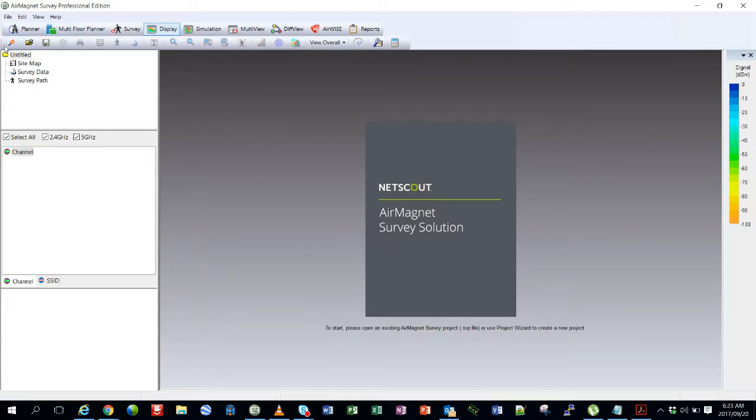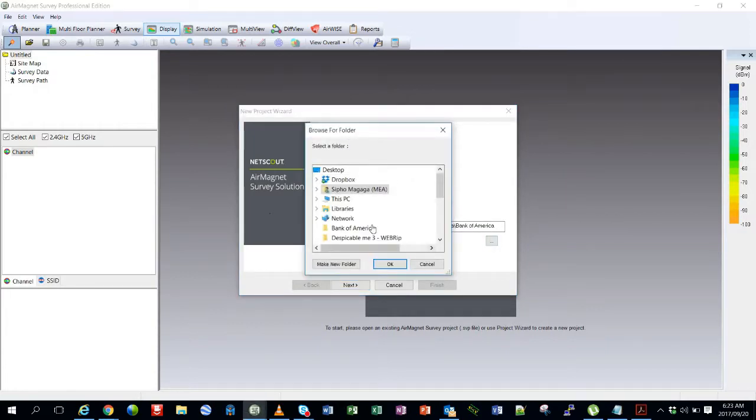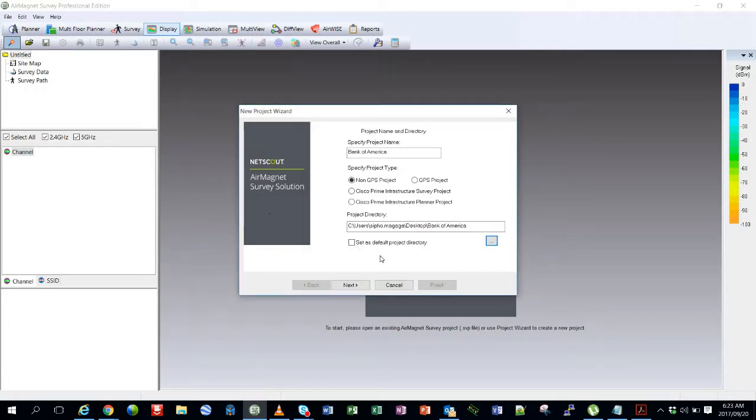Okay, first things first, we're just going to come here on Project Wizard. Let's name this one a bank, Bank of America. Okay, and where you save it, I'm just going to put it on desktop for now. Say next